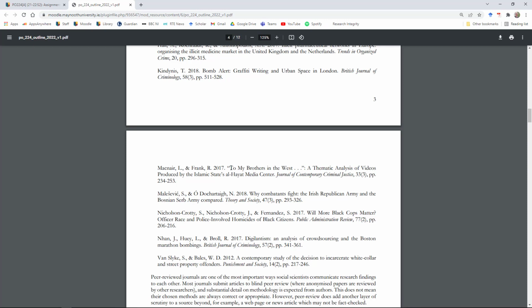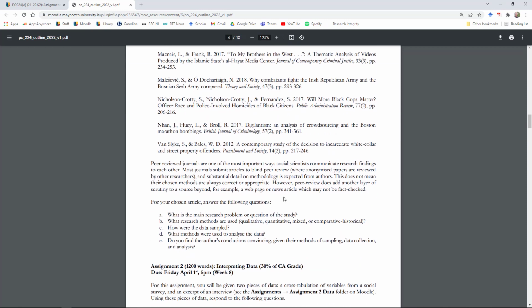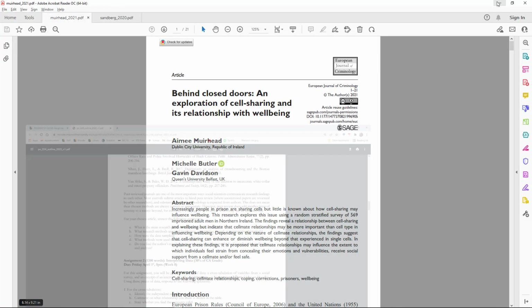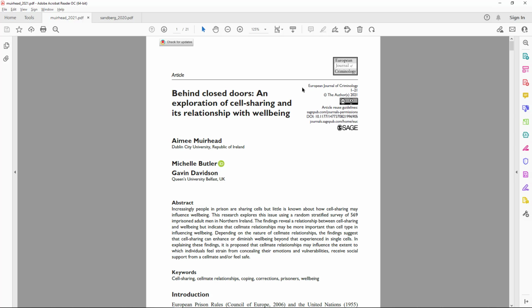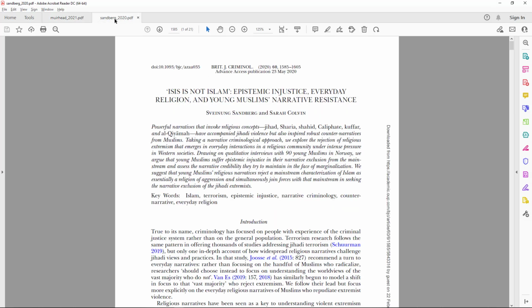Whenever I encounter a new article that I have to read completely through, I open up another page or a Word document and just start making notes on each section. Now, the thing to remember is that you should hopefully quickly get familiar with the structure of research articles, because a lot of them look kind of the same, or they follow the same layout. Here we've got one from the European Journal of Criminology, and we've got an article from the British Journal of